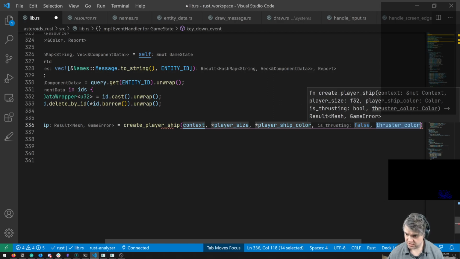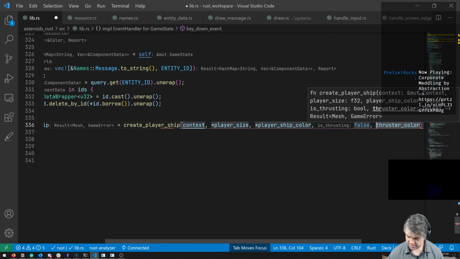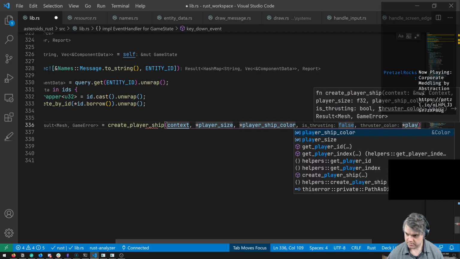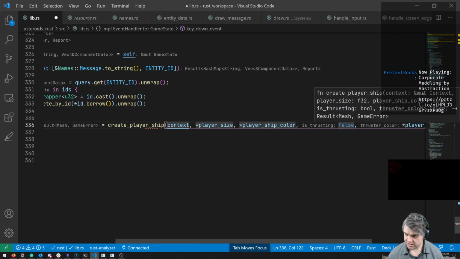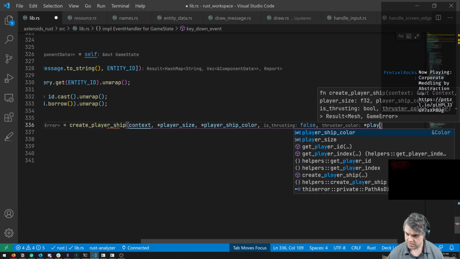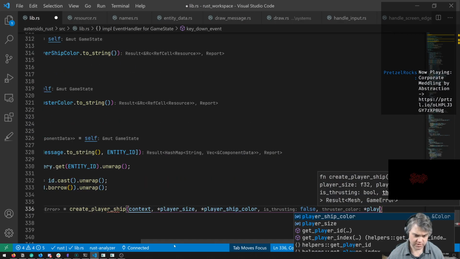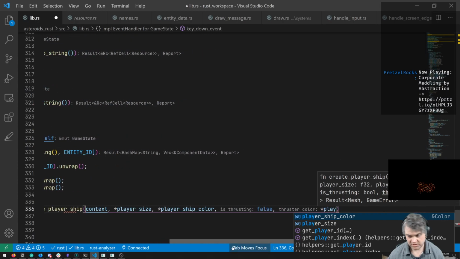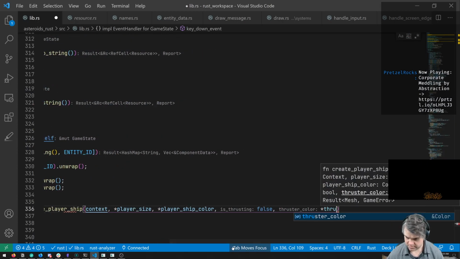Thruster color is player ship, nope. Player thruster color? What did I call it? No, just thruster color. And that's it.